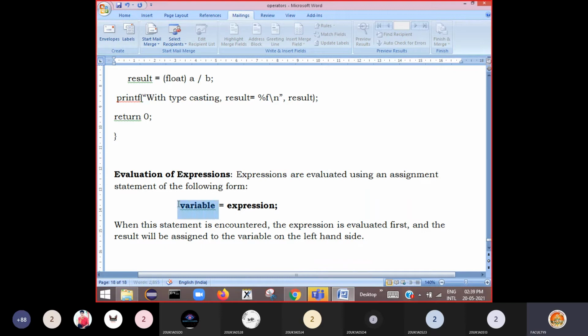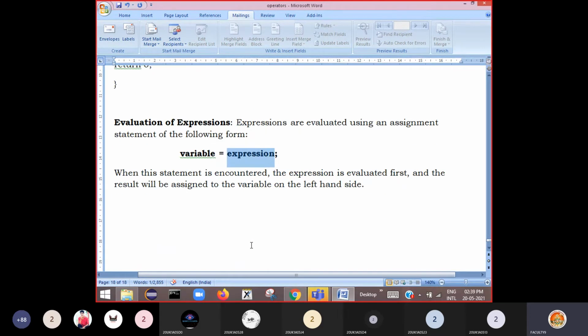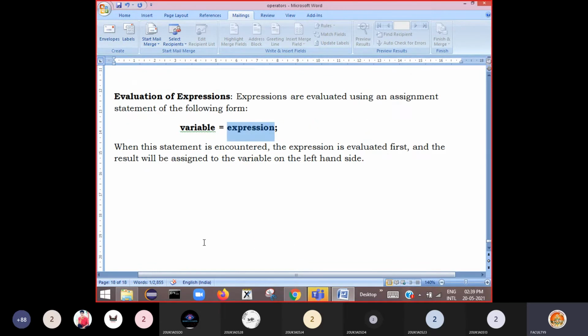Whatever variable is present on the left hand side, this new value will be stored in that variable. This is how expressions are evaluated by the computer.